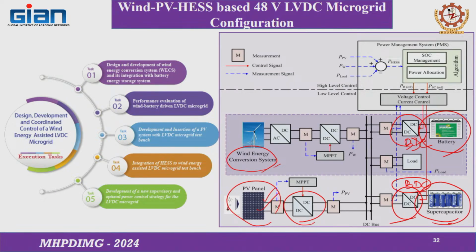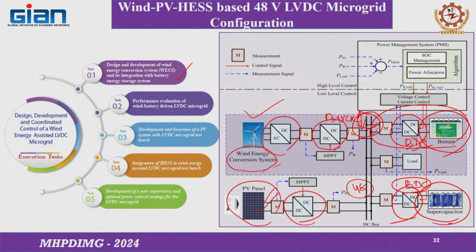So, here first you have to design and develop each source. In our lab we have designed the wind energy conversion system. We have chosen the generator, then done the corresponding AC to DC rectification, then used a DC to DC converter, a buck converter, for the MPP operation, which is connected to the DC bus. As this is doing MPP operation, the bus voltage is fluctuating. So, to keep the bus voltage fixed at 48 volt, we have designed for a 48 volt system, and we are interfacing with this